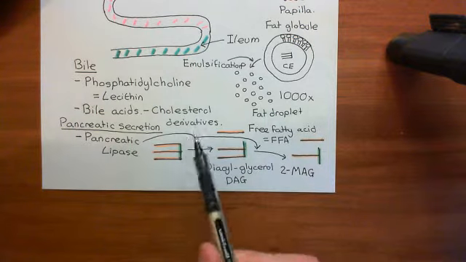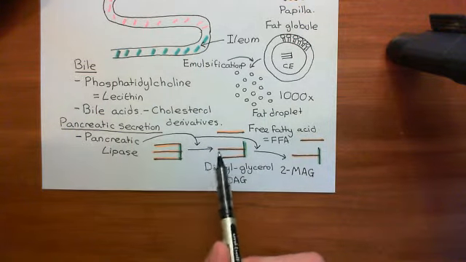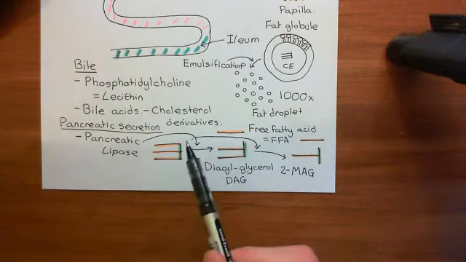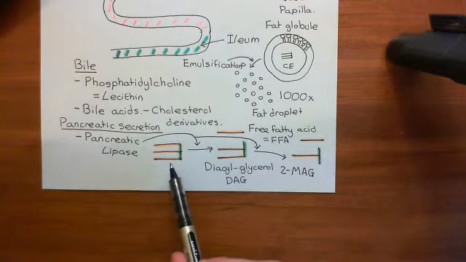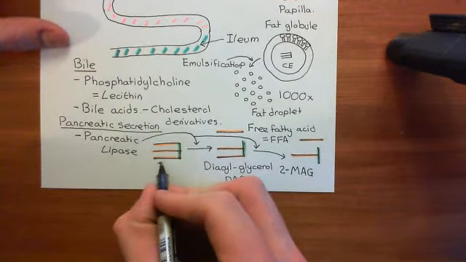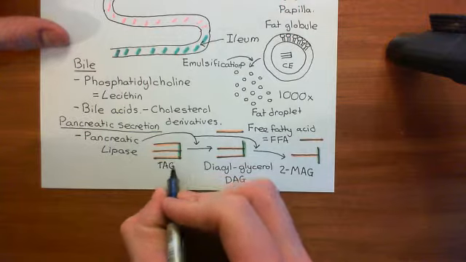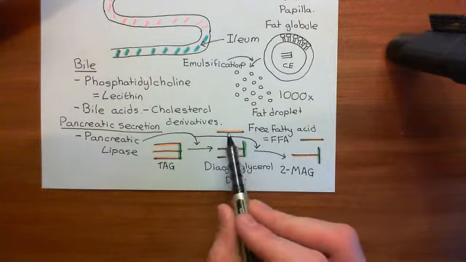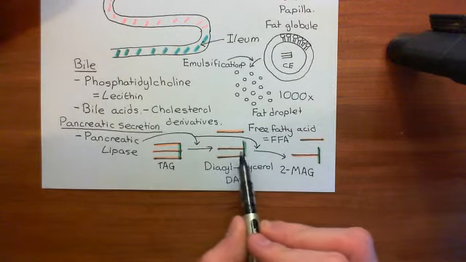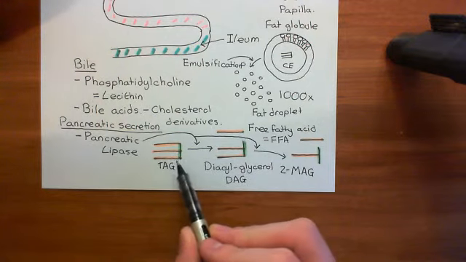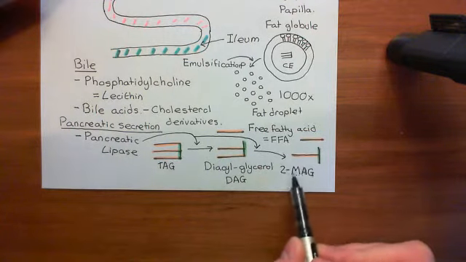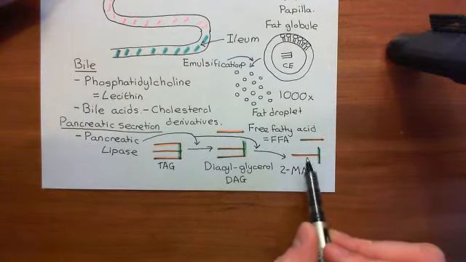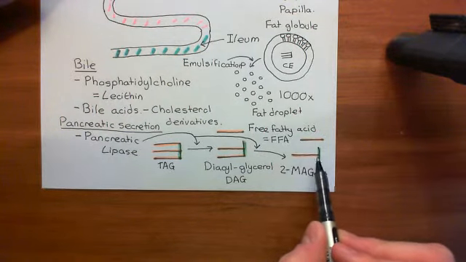Now we want to see the enzymes which are going to digest the different lipid molecules within these little fat droplets. The first one we've seen is pancreatic lipase, which acts on triacylglycerol molecules and cuts two long-chain carboxylic acid molecules off these triacylglycerol molecules, converting them firstly into a diacylglycerol molecule and then finally into a 2-monoacylglycerol, where the remaining acyl group is attached to the alcohol group that comes off the second carbon of the